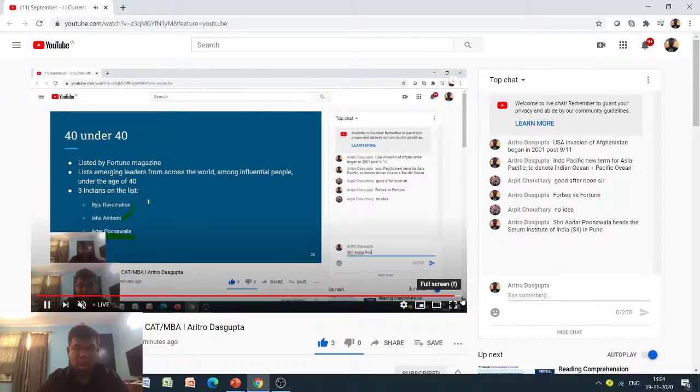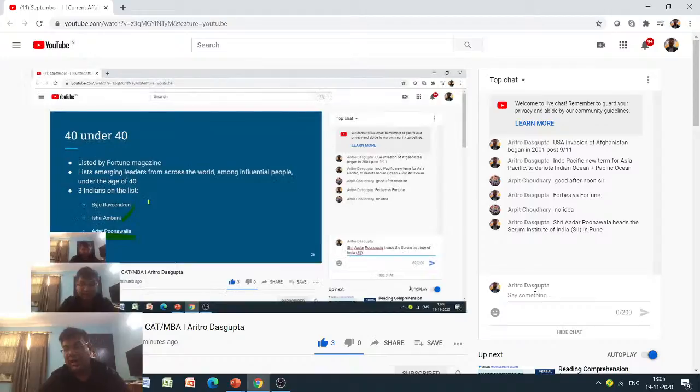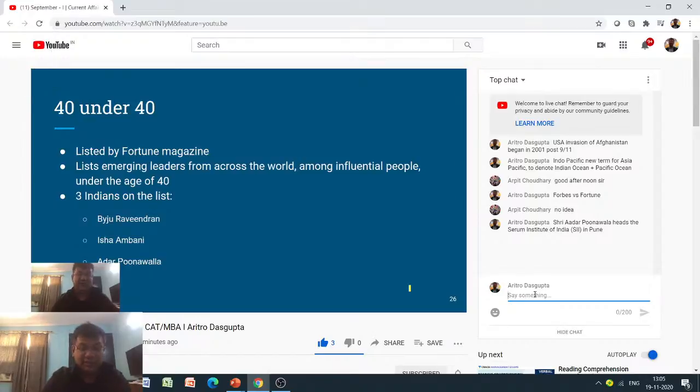No responses as yet. Okay, so the Serum Institute of India is actually partnering with AstraZeneca, which is a British pharmaceutical company, and with Oxford University to develop the vaccine for COVID-19, which is by all means we are not far away from it. So SII partnering with